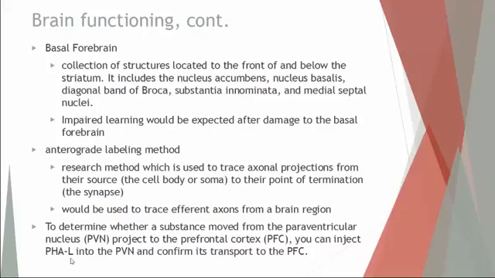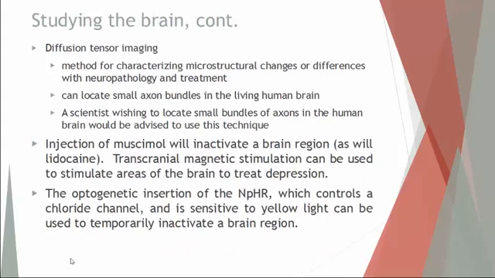So it causes white blood cells to clump together. It also causes a much higher rate of mitosis, or cell division, in cells. So this is a good way to dye, or be able to trace, neurotransmitters going from axon to a target. So you can tell what axon this neurotransmitter came from by injecting this compound into the tissue. But at high levels, this can be very toxic, so it's not something that you want to mess around with. Alright, the next topic on studying the brain: diffusion tensor imaging.